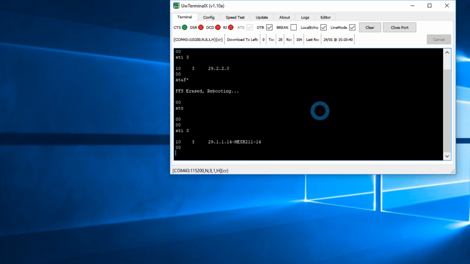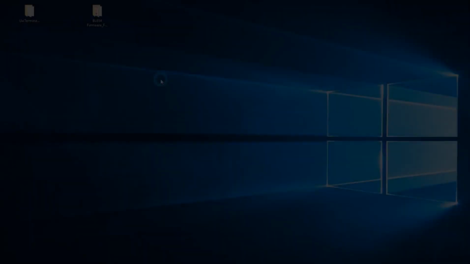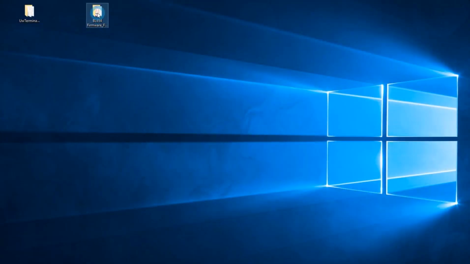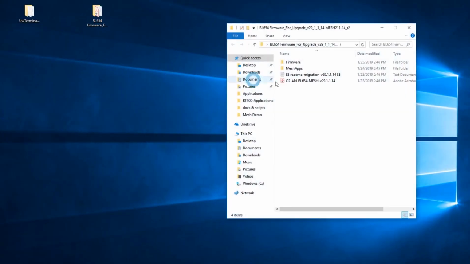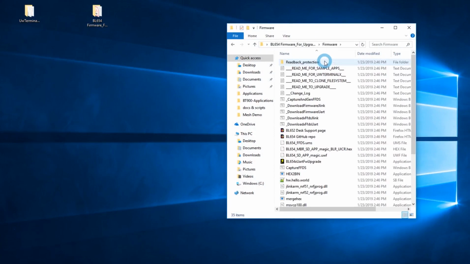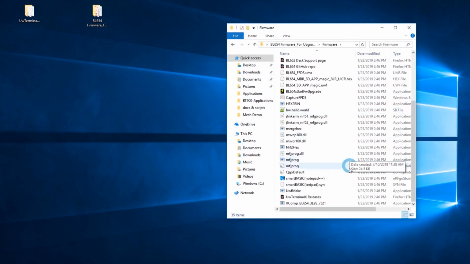Because this demo uses an engineering firmware build, it is not able to use the online cross-compiler feature of UW Terminal X, so we will need to use the local XCOM file found in our firmware folder. Navigate to the firmware file in the BL654 firmware upgrade folder that you downloaded. Here you will find a file named